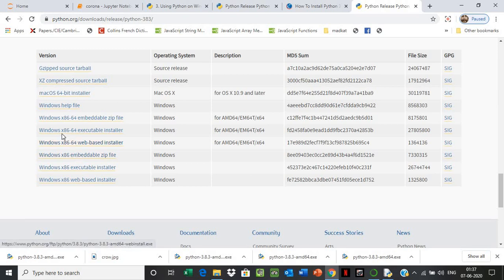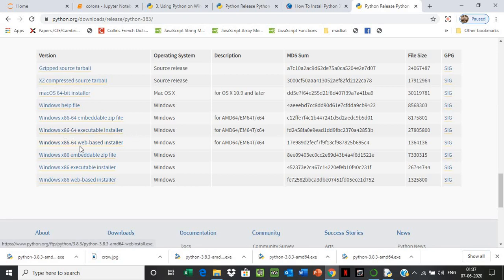And you come here, Windows x86-64 executable installer. If your machine is a 64-bit machine, then you will prefer that. But you have to check first. Most probably all the latest machines are 64-bit machines. So you can go ahead with this.